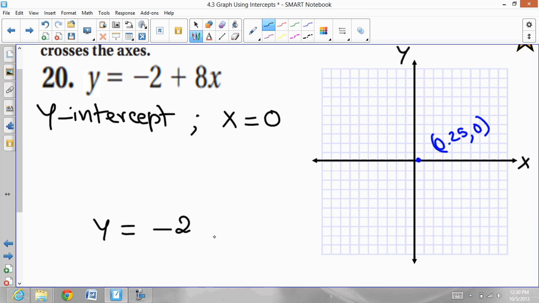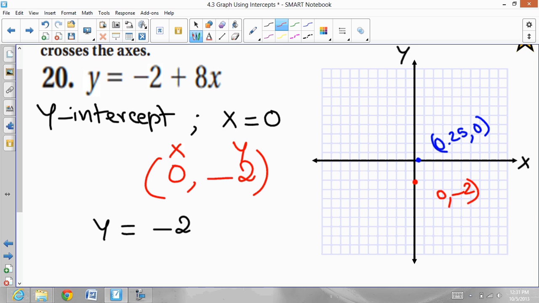So if you look, the point is going to look like negative 2 for the y value, and during that time the x value was a 0. So this is my x value and this is my y value. So x is a 0, y is a negative 2. So I'm going to go back into the graph again, and now I'm going to plot the second point. So 0 and negative 2 is here. So 0 comma negative 2 is here. So now if you connect these 2 points,